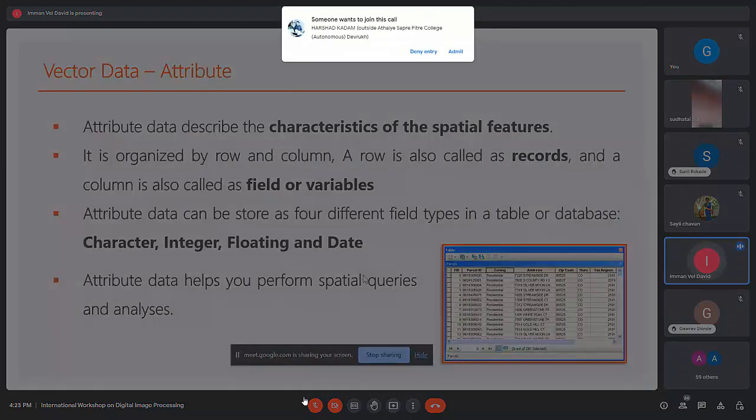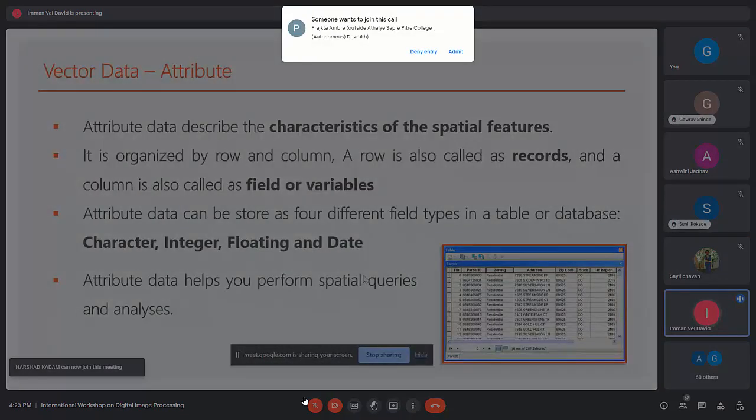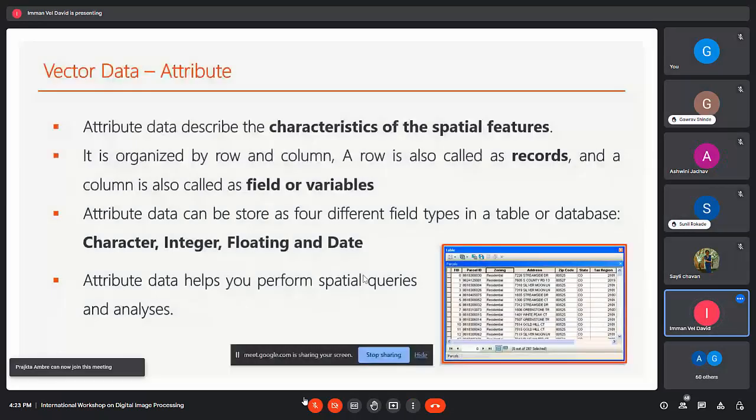The attribute data can be stored as different field types in a table or database, as character or numerical data, integer or floating. Attribute data helps you perform spatial queries and analysis.